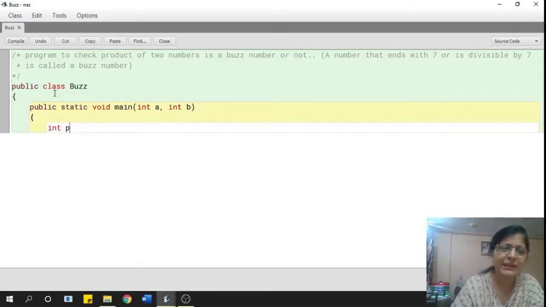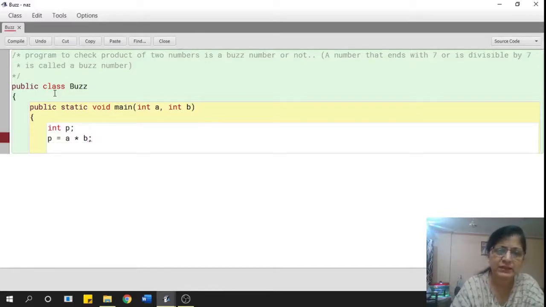First thing, I can say P is equal to A into B. Now we have to check whether the product of the two numbers is divisible by 7 or not, I mean whether it's a buzz number or not. This program will have no loops, nothing. It's a simple program in which we are just checking.